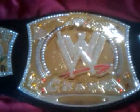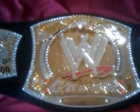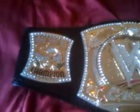Now, I know I'm missing the Hogan 86 belt and the Andre belt, but I'm not a fan of the Hogan 86 belt. I mean, if it was exactly like the way it was on TV, silver and gold, then I would get it. But no, it's just all gold, and hardly any detail to it whatsoever. The Andre 86 belt, I tried to get a good deal on that, but the guy wanted